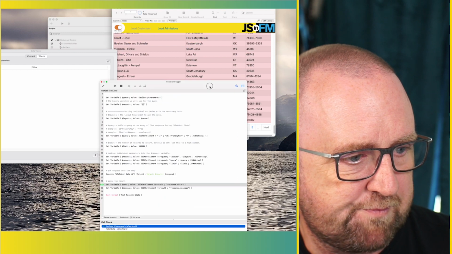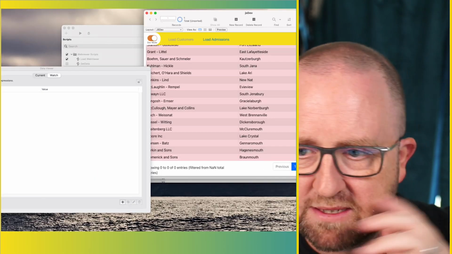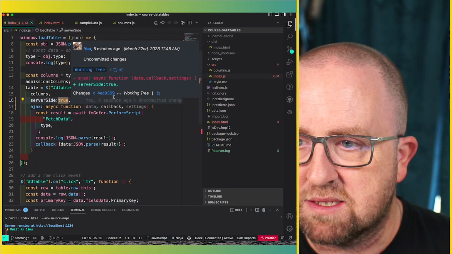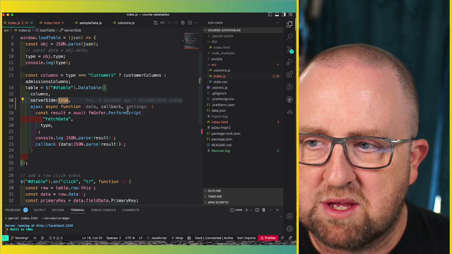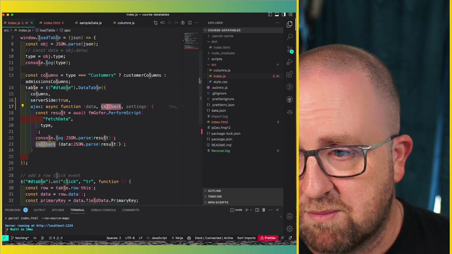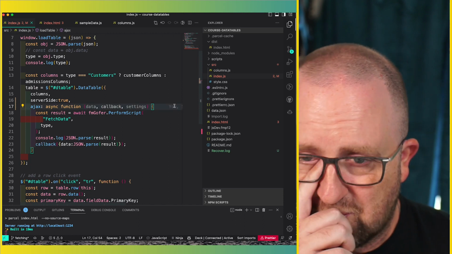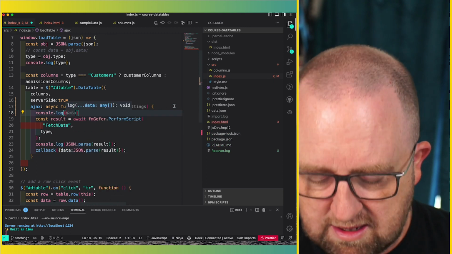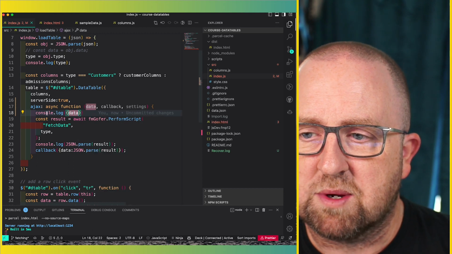All right, so we're done with that. Let's go back to the JavaScript and see what information is brought back. This async function has 3 arguments. I'm not using the data in the settings at the moment. I'm just using the callback that was built into the function. But I want to quickly console.log the data. Since it's an object, I'm going to put it into curly braces, and then we're going to see what that